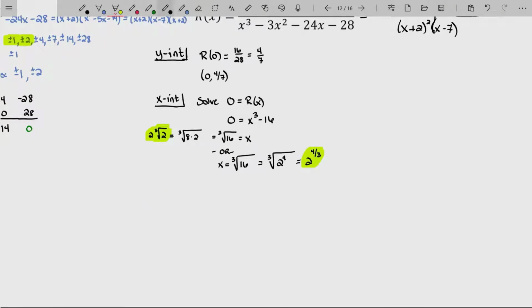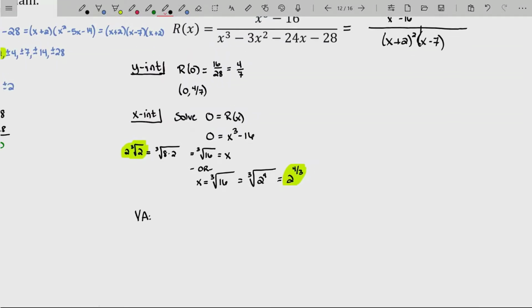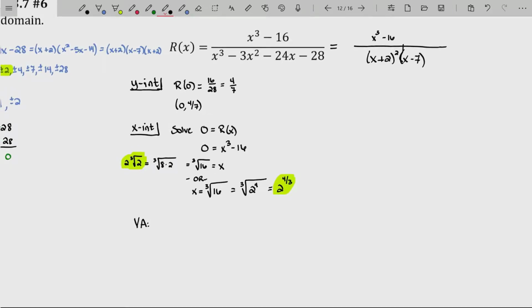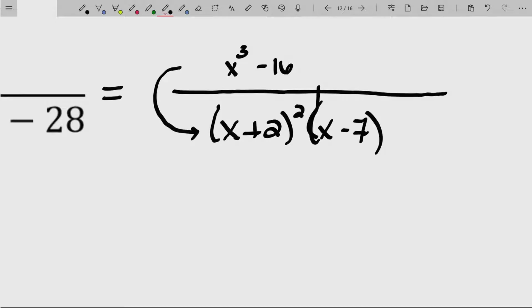Vertical, whoops, except I should use not a highlighter, but a black pen. So vertical asymptotes, and I think I mentioned in a previous video that I use VA for vertical asymptotes. And remember, right at the beginning of this video, or could have been at the end of last video, you want to get your rational function in reduced form. In other words, if there is a factor that cancels with a factor in the denominator, you do that before you start this conversation. There are no common factors between numerator and denominator, so now I'll just quickly say